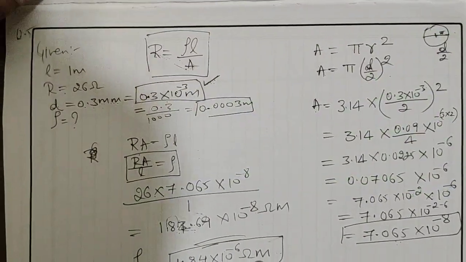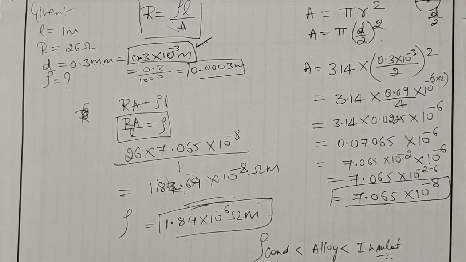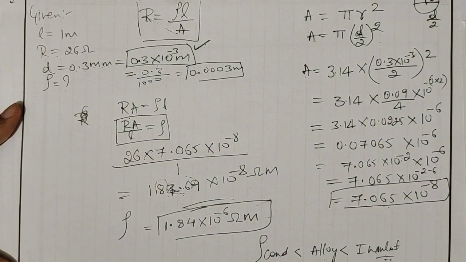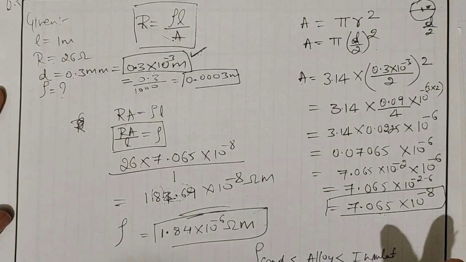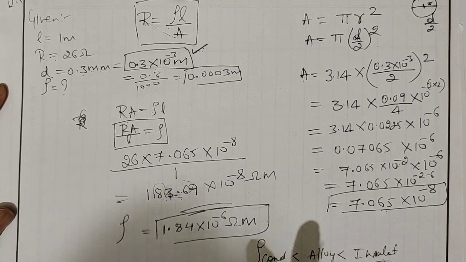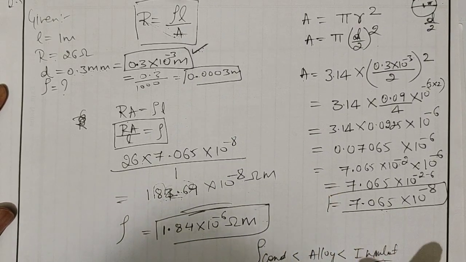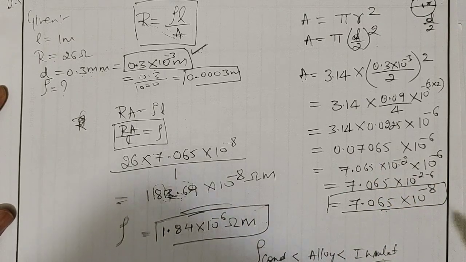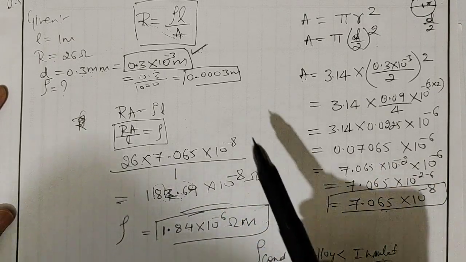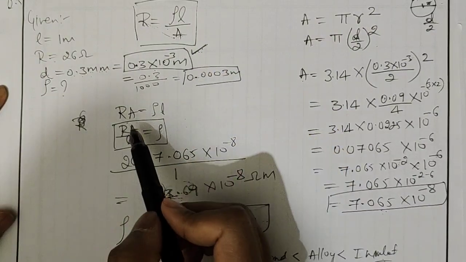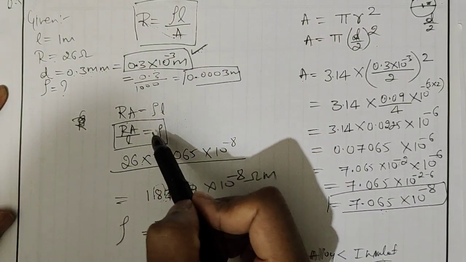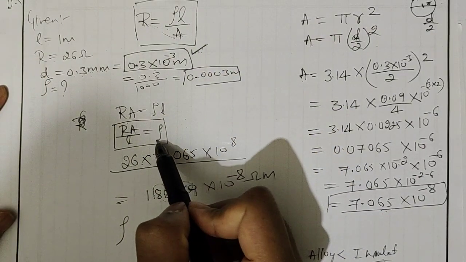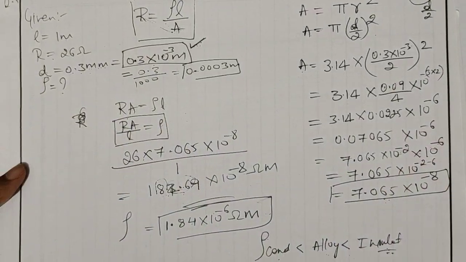That's all. Now, this question, you can do it properly when your calculation is proper. So you need to do it step by step. There is a similar question, one more, in the exercise part, which you can do later, or I'll give it as homework. There we need to find out a different term. That means they are given resistivity, so based on that, you need to modify the formula.